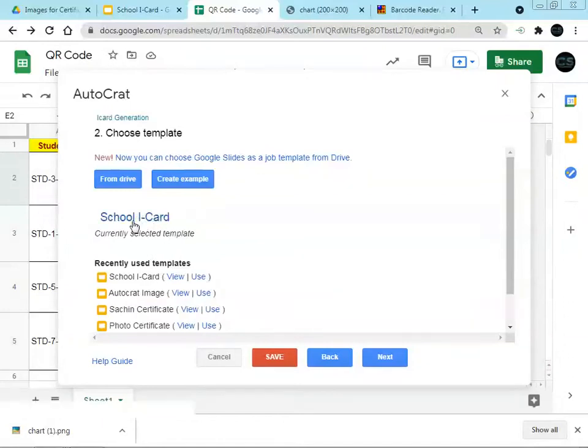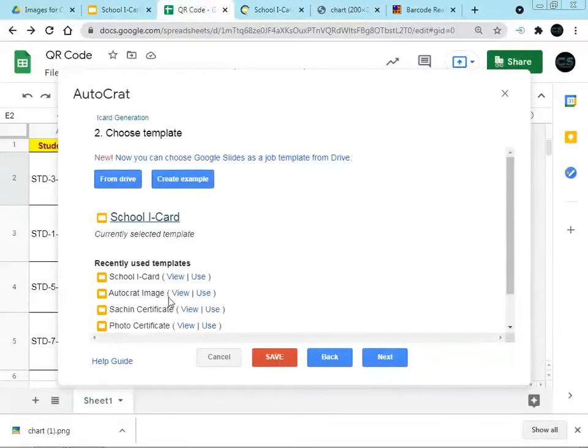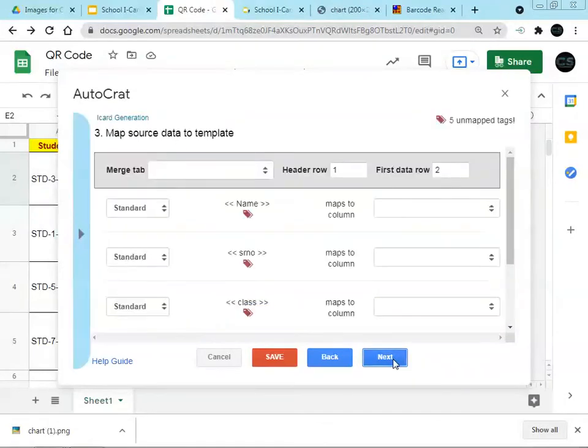When we select this, we will get this school iCard. Once it appears in this dialog box, this means that it is attached here. Next we have to click on the next button. If you want to see whether it is properly attached or not, you have to click on the school iCard. This will open the particular link or the particular iCard. We are getting this. Next option is the next.